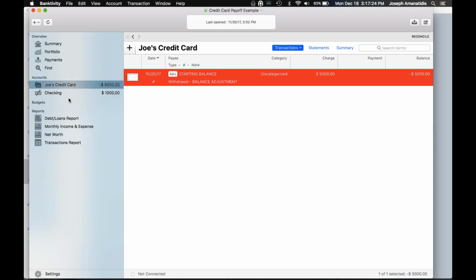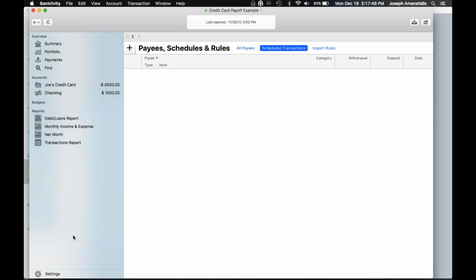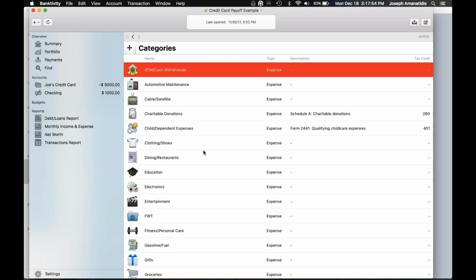Now let's move to creating the budget. But before we create the budget, what we're going to need to do is create 2 new custom categories. This will be apparent as to why in a few minutes, but basically these will be used so we can budget for the credit card payment as well as the split balancer that we will be using. So I'm just going to go to the settings icon, click on categories,